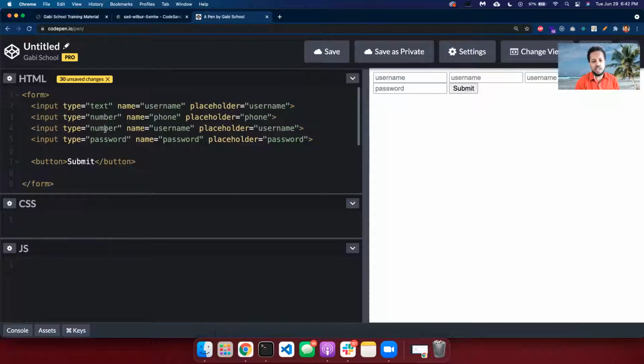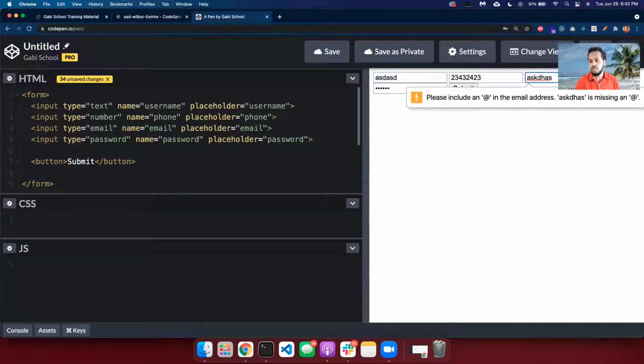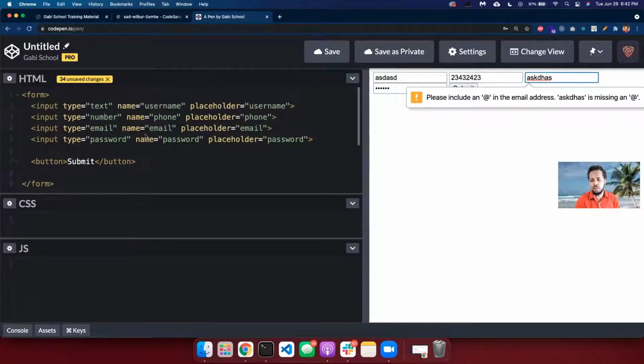HTML5 added an email feature, so that when you put an email here, it will make it easy to force the person to know this is an email. So when they type something like that and they leave it, I'm not sure about CodeBin, but in normal HTML, it will not allow the person to submit. So let's try here. See, so even without us doing any